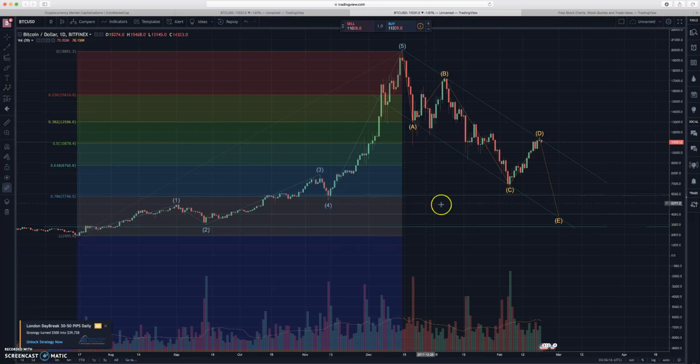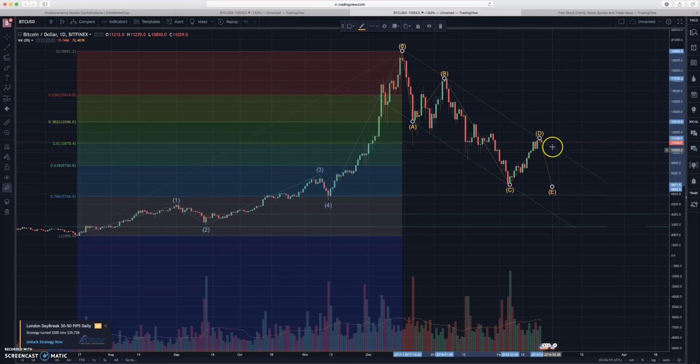So if this does come to fruition, and it will look like this at first, and then it will continue, if this does happen, then it will keep continuing. I will be very closely watching all of these support lines here. Like where the previous congestion was, and that would be somewhere at 8,000. Then we'd have again at the 6,000, and then we'd have again here, and then here. And then if we keep breaking through like butter, like we did before, then there will be a stop somewhere. Somewhere it will stop and the buyers will come back. And that's what we will be keeping an eye out on in the future.